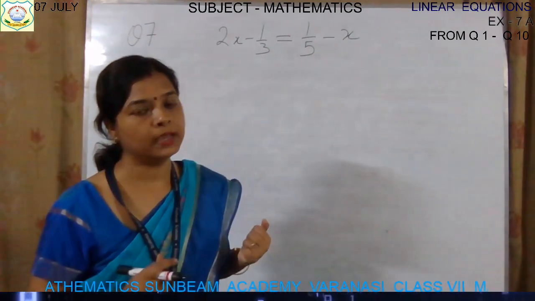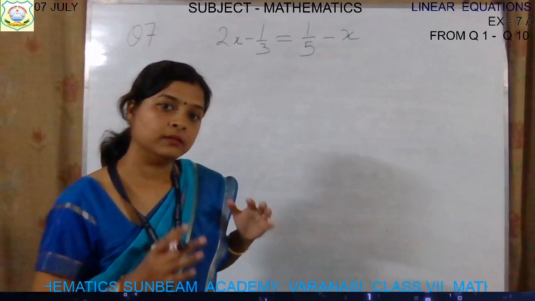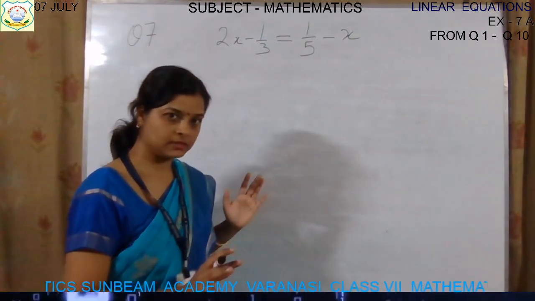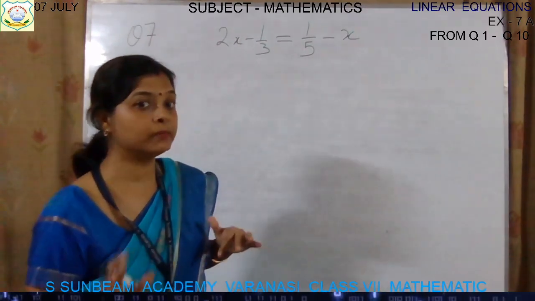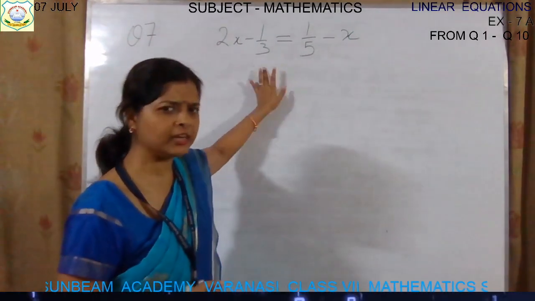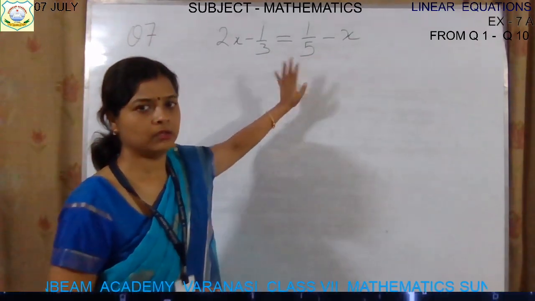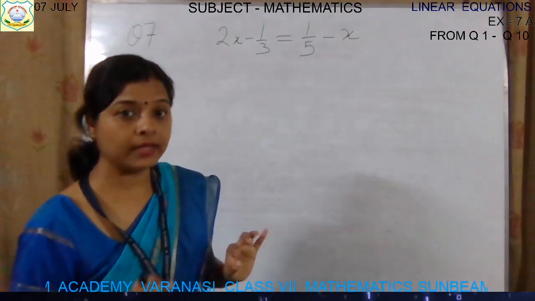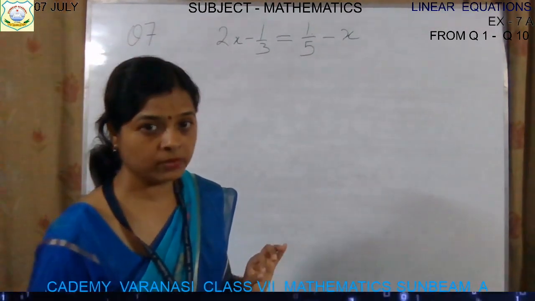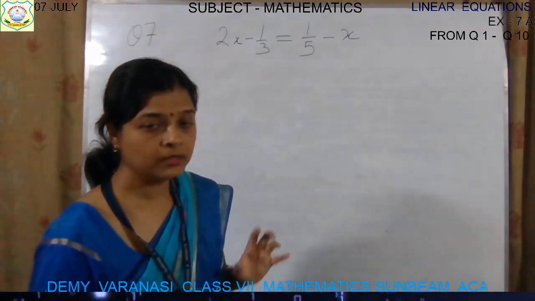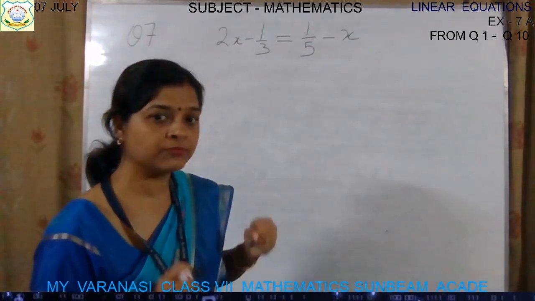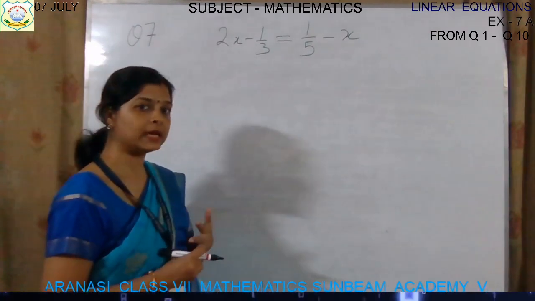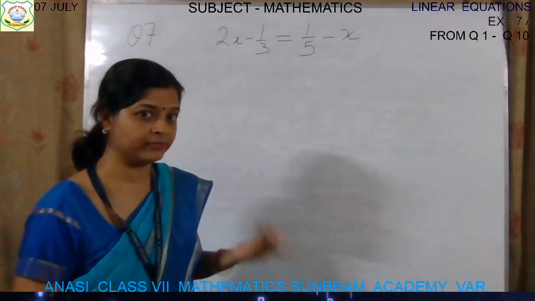By multiplying the LCM of these denominators on both sides. If you take the least common multiple of these denominators and multiply it, then it will be erased, it will be cancelled out from the denominator, isn't it? If you collect all the denominators, find out the LCM and then simplify, then you will see that there will be no denominator after that.